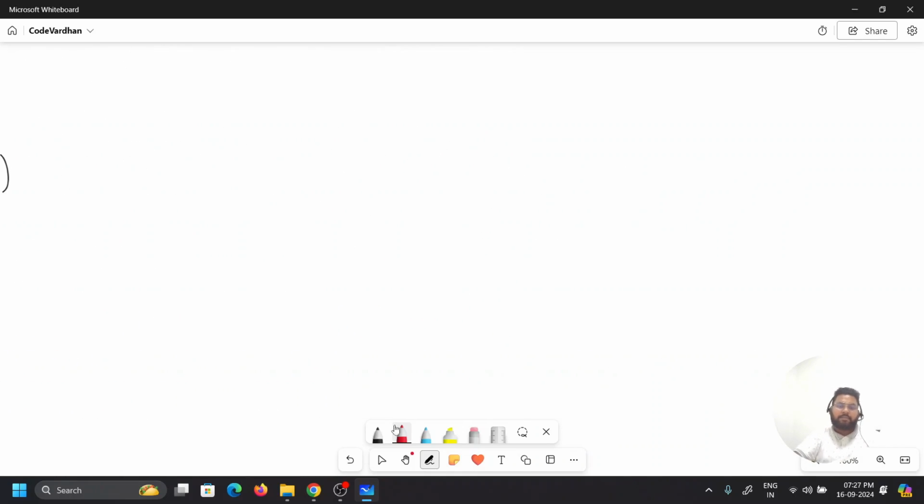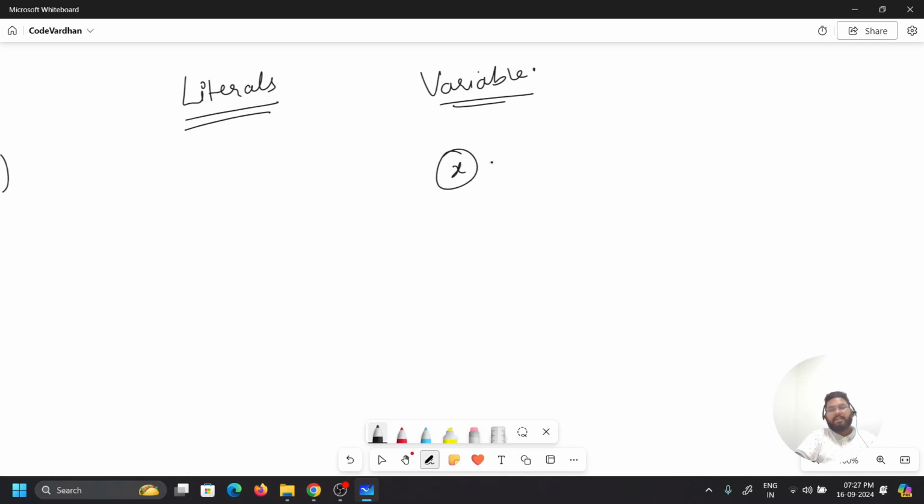Next we have literals, and also we have variables. We will be learning variables and literals together, like we learned keywords and identifiers together. So what are variables and literals? If you are creating something and you want a place where you can store some data, we have variables. It's very simple. In mathematics we used to have x as a variable, and x can have any value. In the same way, in programming languages, we have multiple variables which can have any value. These we call variables.